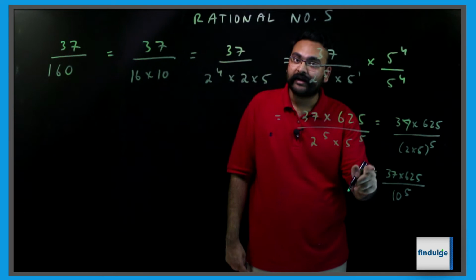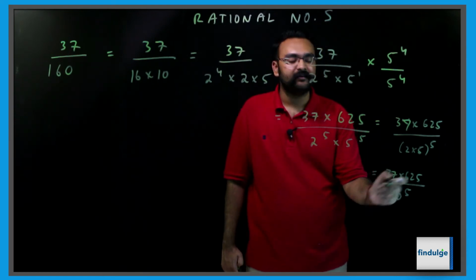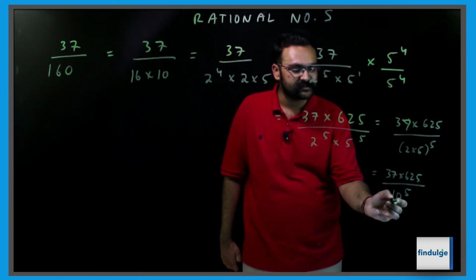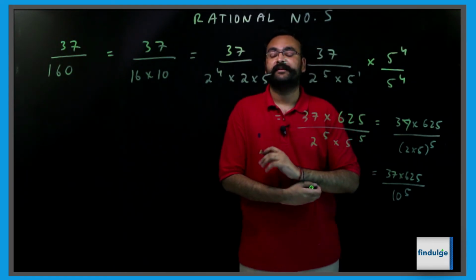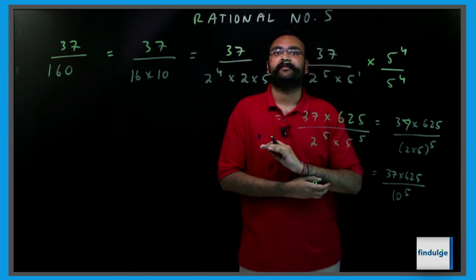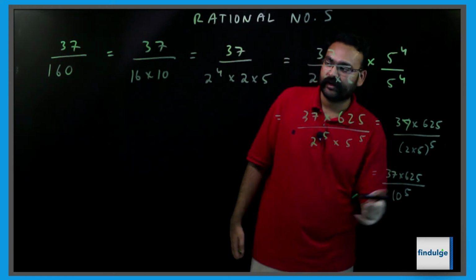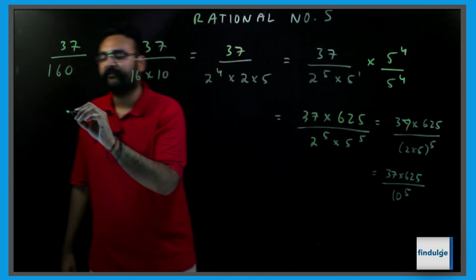So once I calculate this value, I can then simply shift the decimals, the number of zeros we have, standard decimal shifting. So we'll calculate over here 625 into